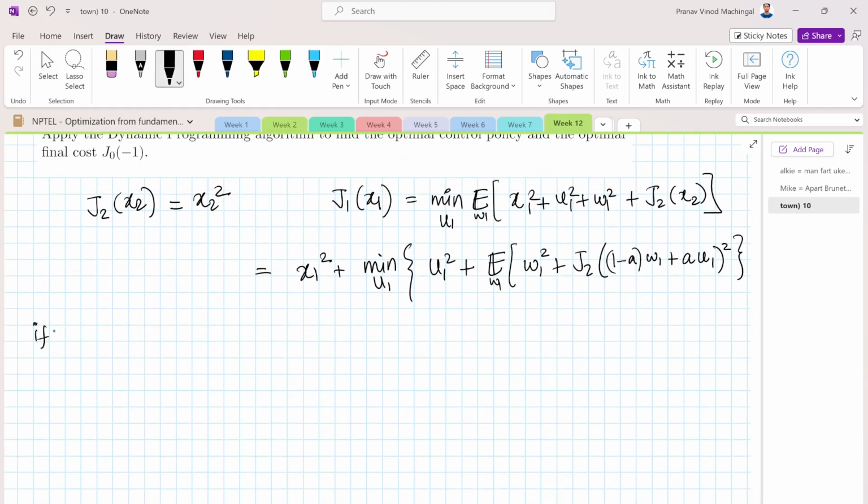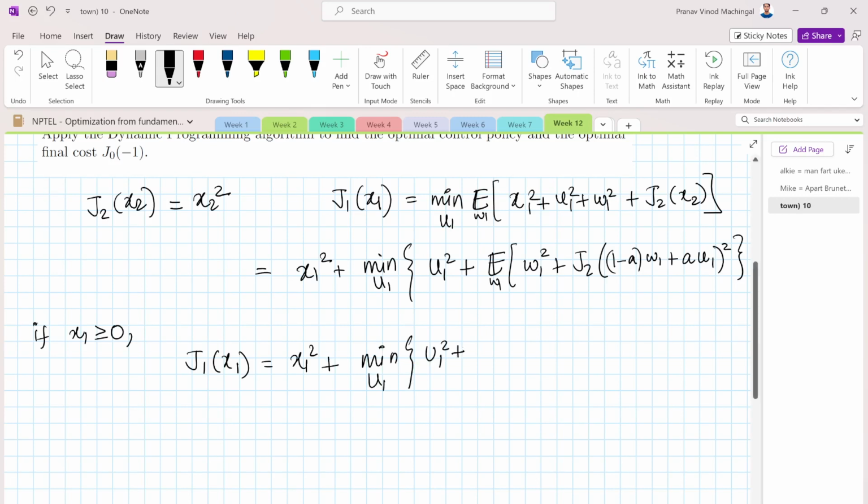So if x1 is greater than 0, j1 x1 is equal to x1 square plus min over u1 of u1 square plus half into, when w1 is 1, we have 1 plus